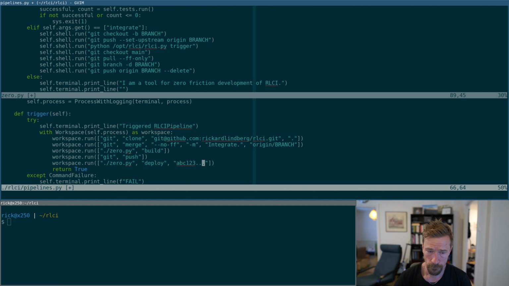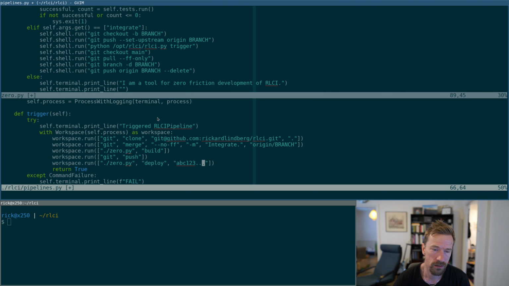Something like that. And if we run all of this on the same server, this deploy script will just install the new version here, and the next time we run it, the new pipeline will be used. And of course the next step then is to run everything on a separate CI server,